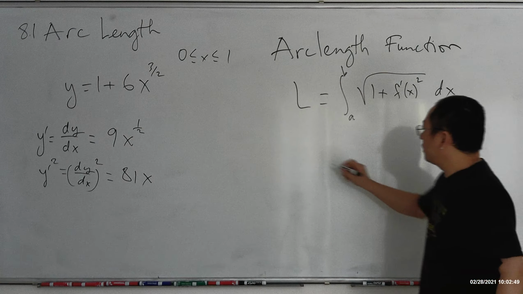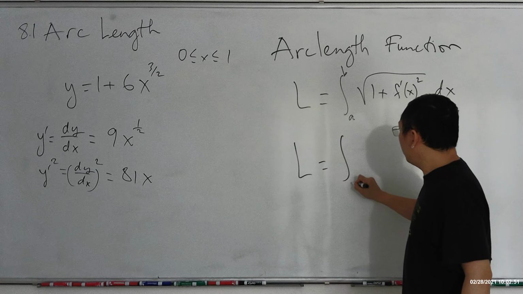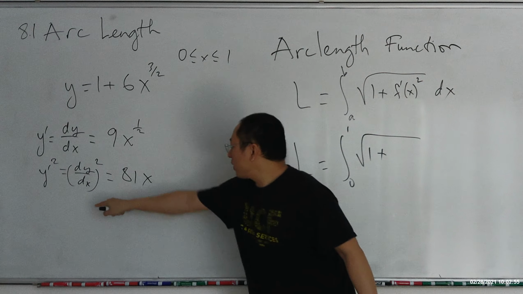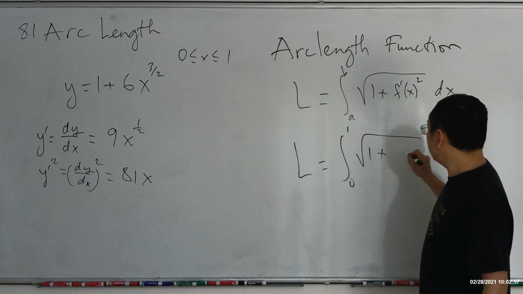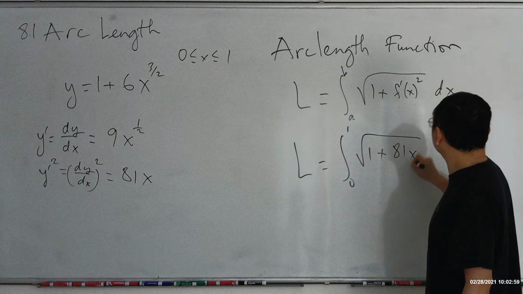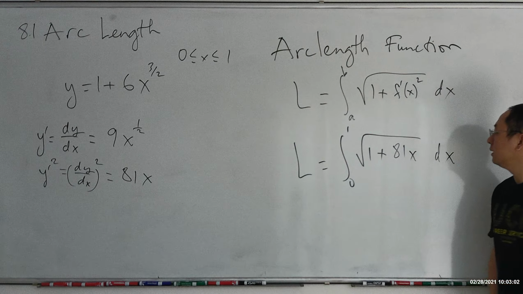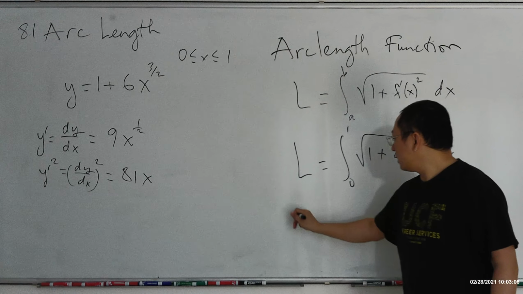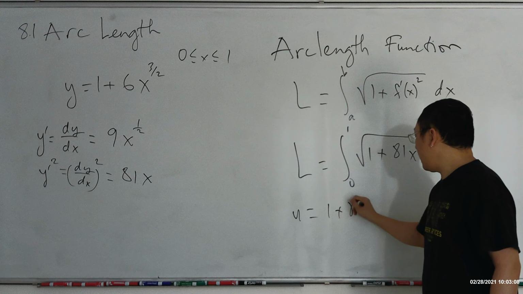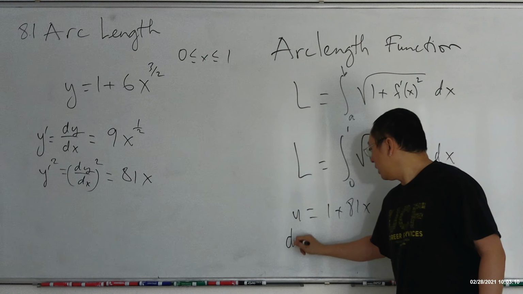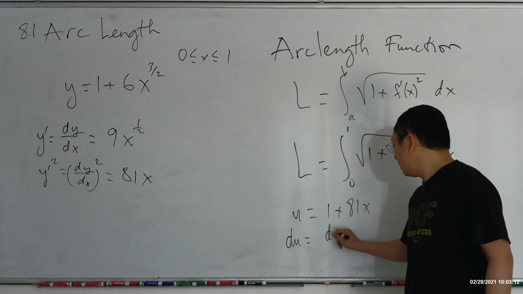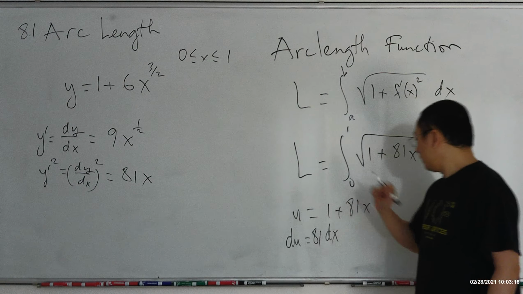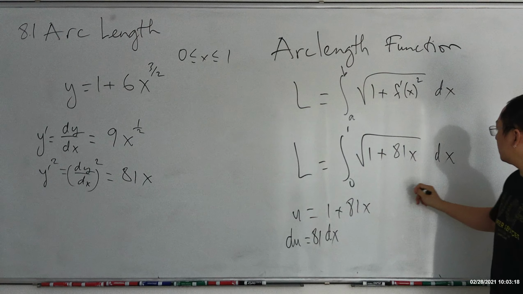The arc length from 0 to 1 is the integral from 0 to 1 of the square root of 1 plus y prime squared, which is 81x, dx. Now for this problem, I think you just need to do it yourself. Let u equal 1 plus 81x, so du is equal to 81 dx. So this integral is equal to